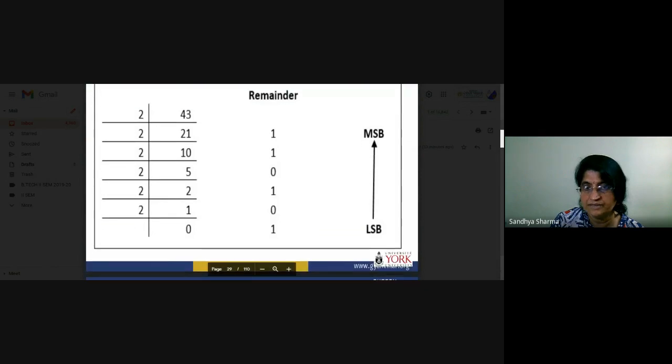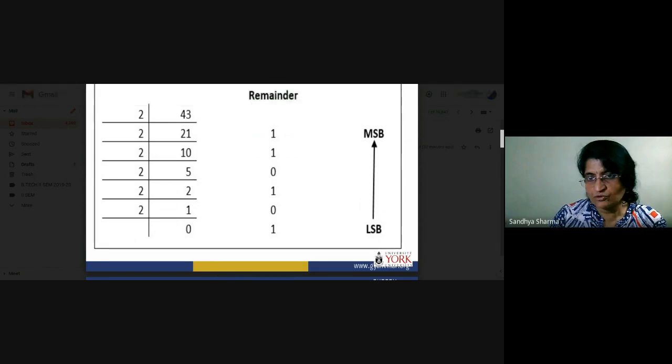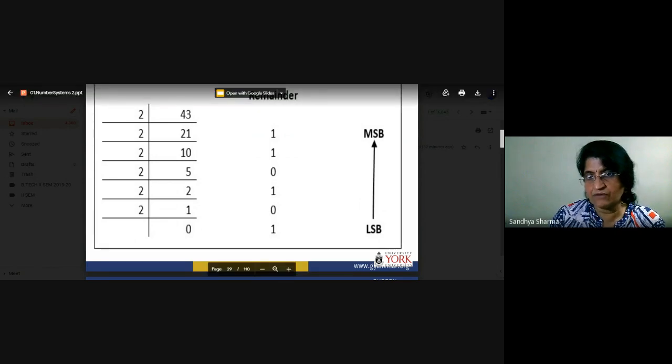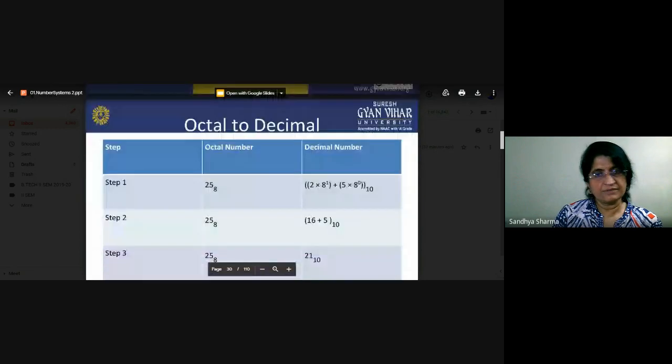So I think it will be clear to you. That is the one, I think. And when you have to write the binary number, so now what will happen here? You have to write from below to upward. Move upward from the bottom, meaning this is the LSB and this is the MSB part. So thus we can convert our decimal number system into binary.